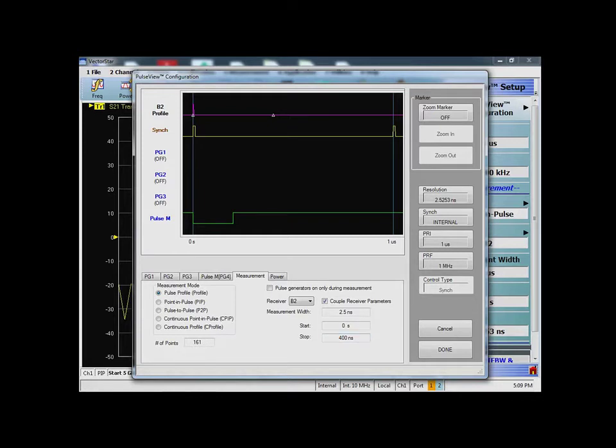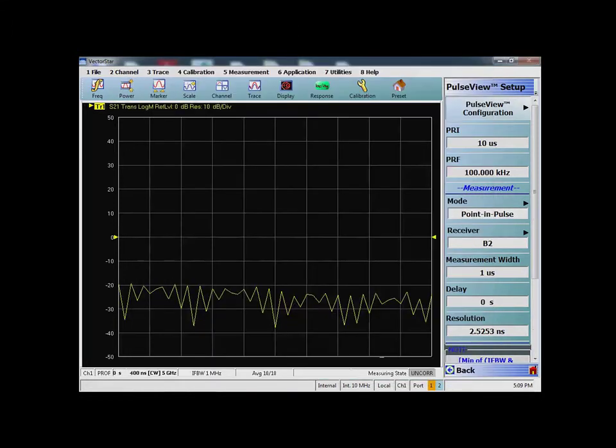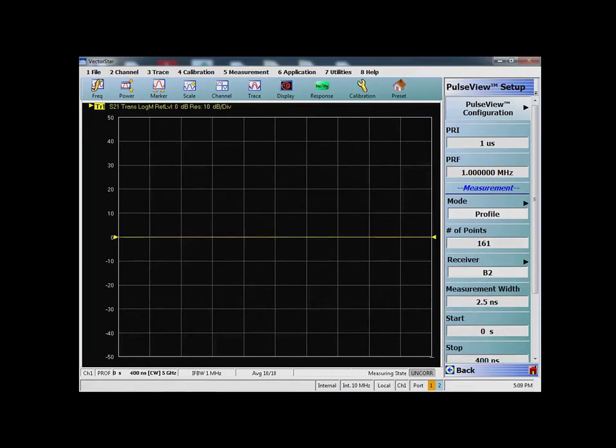Because you can actually visualize what pulse is going to be coming and what measurement width you need to define here. And once I am done with the setup, all I need to do is click here and say done. Now the VNA is going to configure the receiver, and you will see that you'll have the pulse here as is,